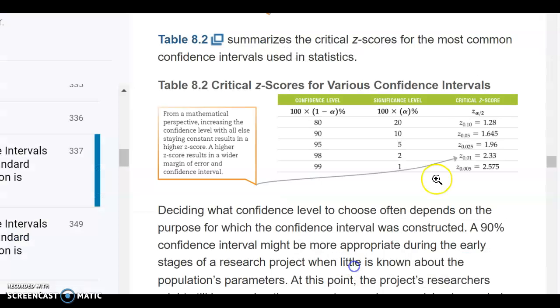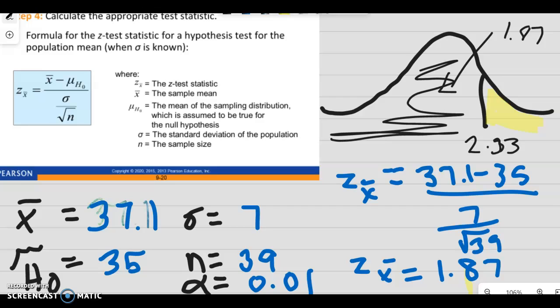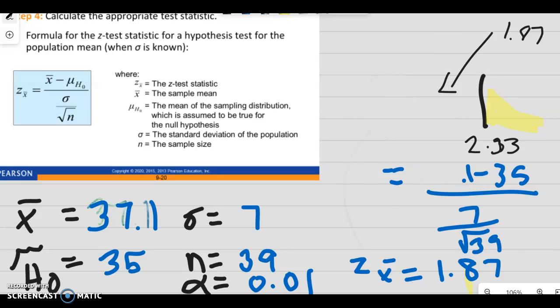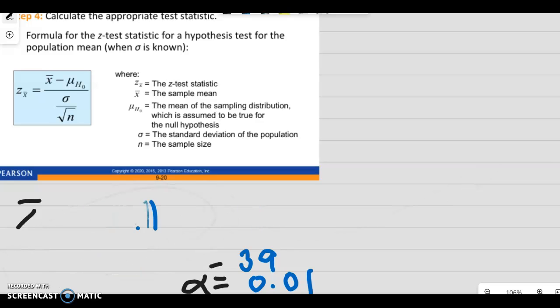you could look that up. So remember, if it's two tails, 0.01 divided by 2 would be 0.005. So your critical value is 2.575. But we're going to round it to 2.58. So you're going to have 2.58 and negative 2.58. Well, let's think about that for a second. Since it's a two-tail test,